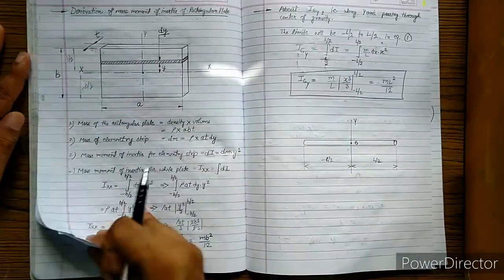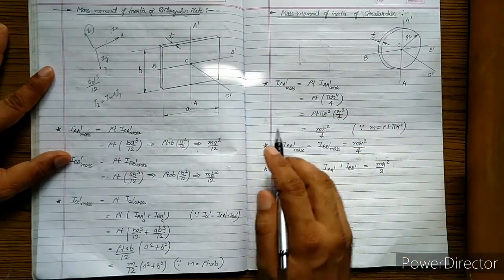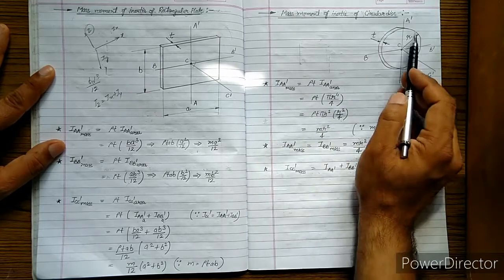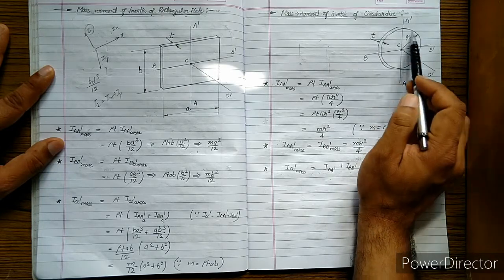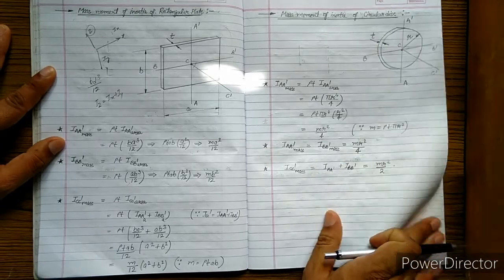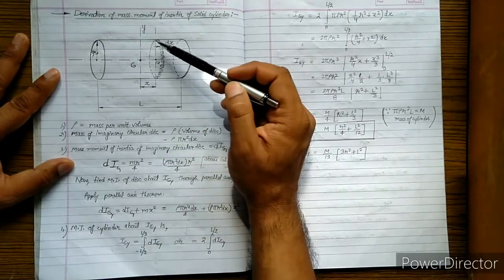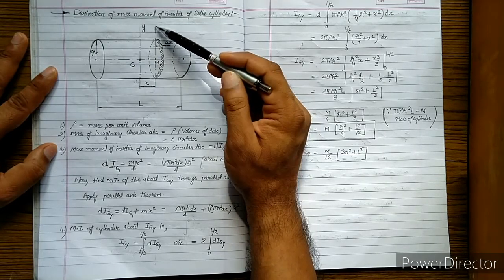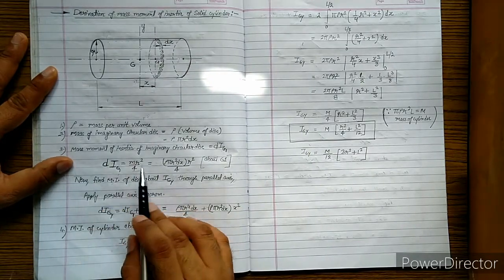If you can recall the previous topic, in this topic we have covered this particular equation, that if we have a circular disc and you want to find the mass moment of inertia about any axis passing through its own plane through its centroid, let us say a dash a, that will be equal to mr square by 4. So same formula we will use here as well. So what we did, we want to find mass moment of inertia of a circular disc about the axis which is passing through its own plane and passing through its centroid, that is equal to mr square by 4. Same term we are using here.